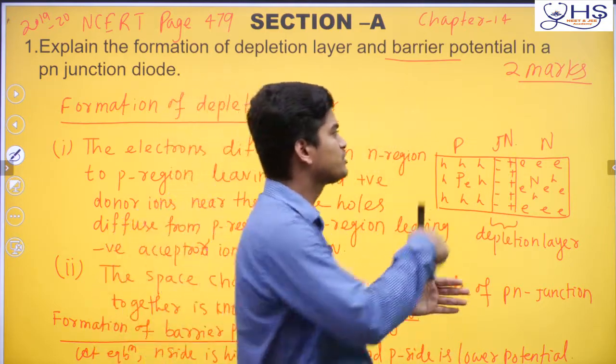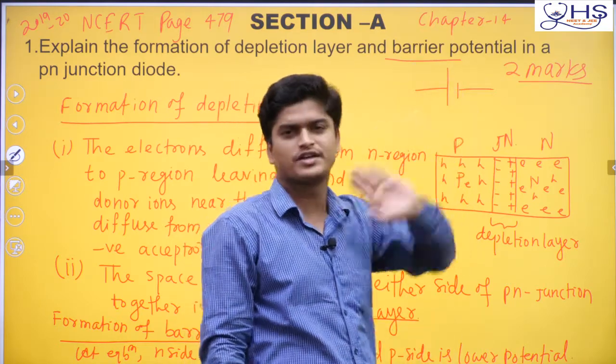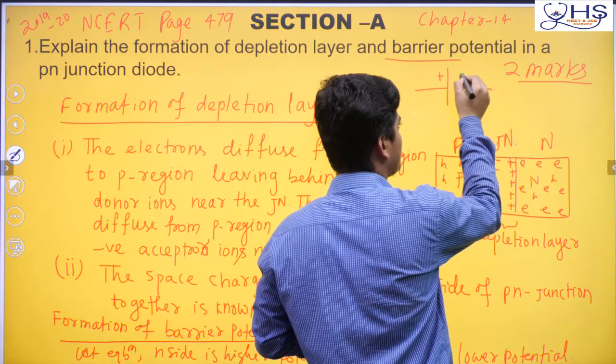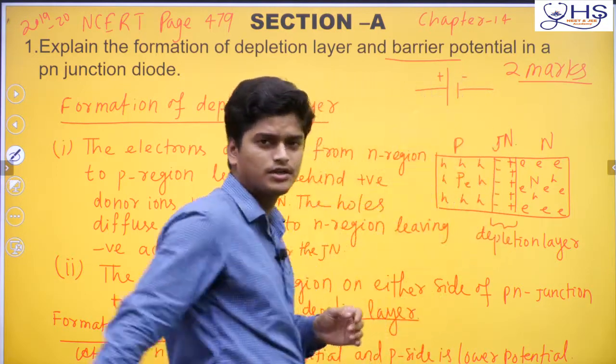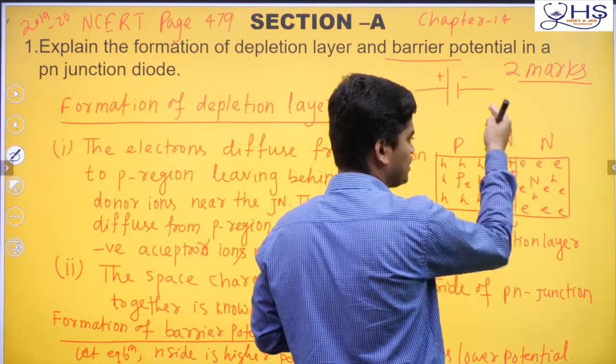Potential difference basically we see in a battery, like battery you are taking here. So one is positive terminal, one is negative terminal. Similar way here what is happening. So this is positive high terminal, high potential, it is low potential. Similarly here also it is forming like this. So it is high potential, low potential.